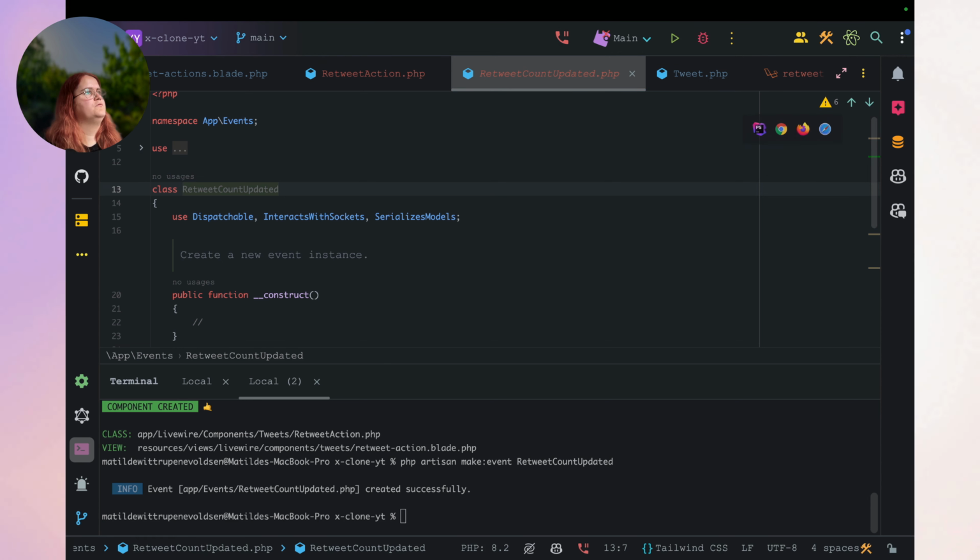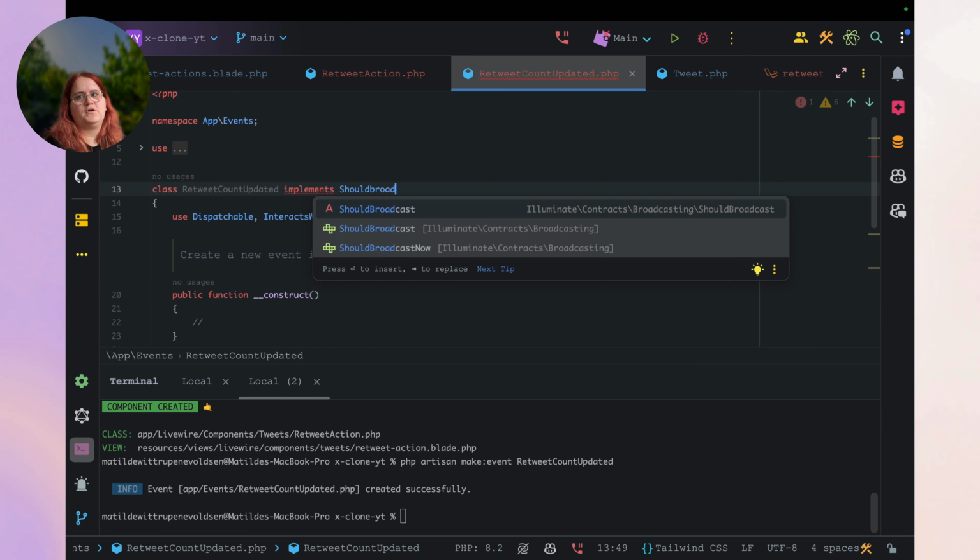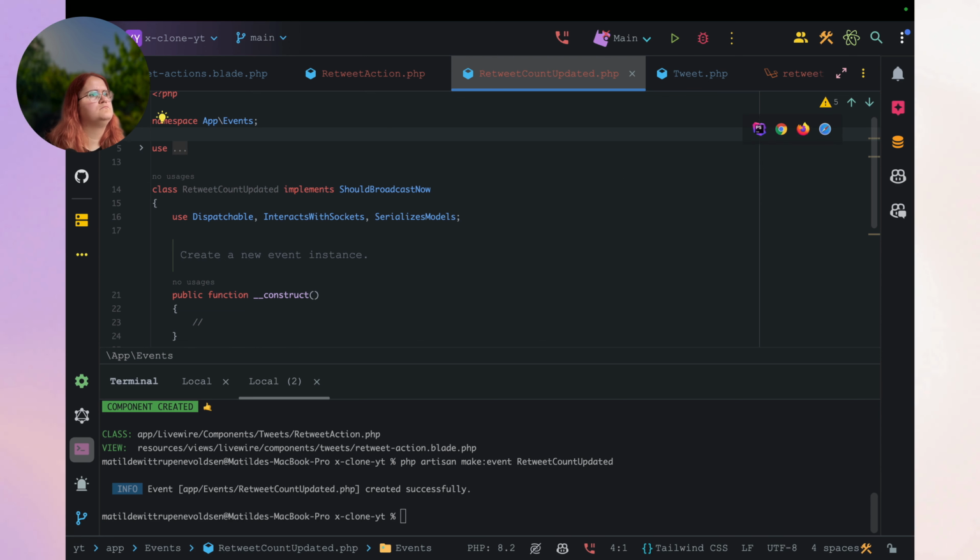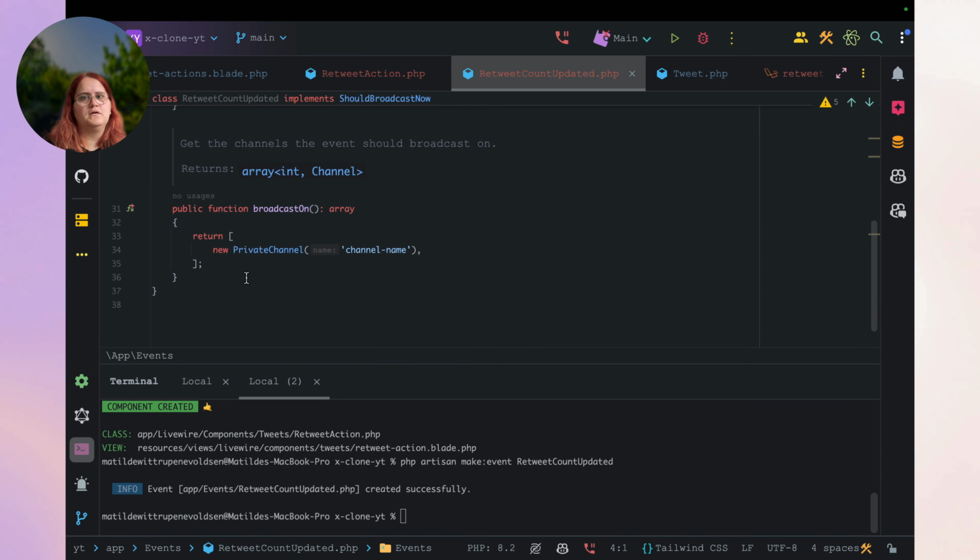And inside this one here, we need a few different things. We need to implement ShouldBroadcastNow. And otherwise, we just need to have a pretty simple thing here, which is